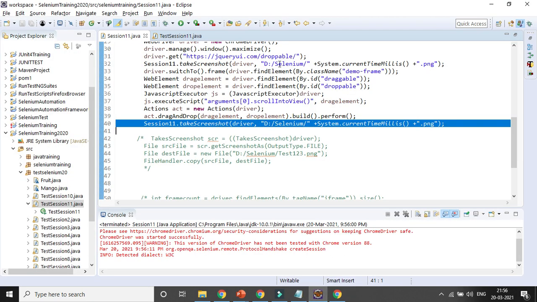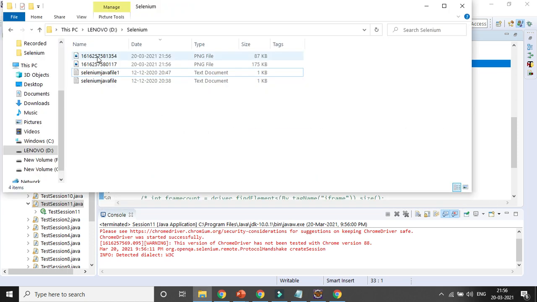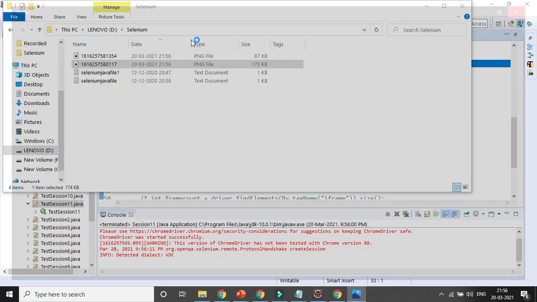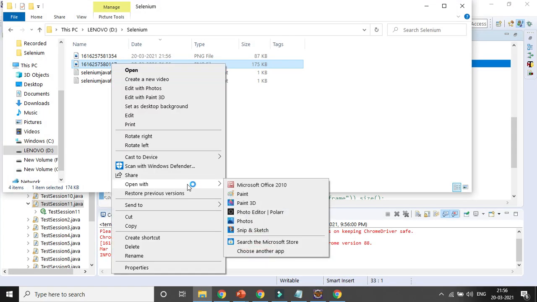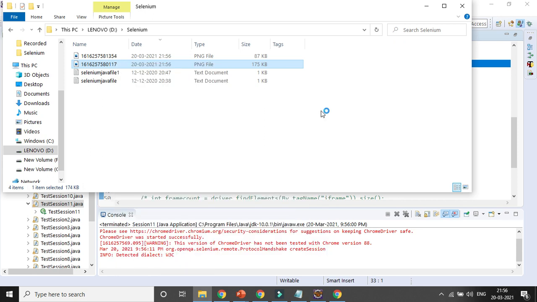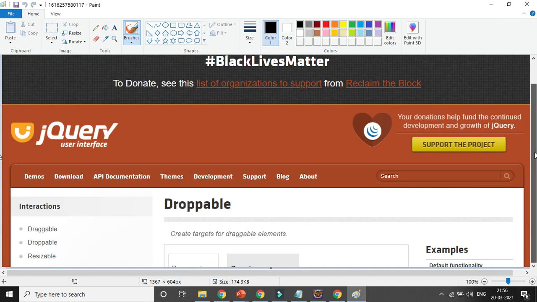So let's go to the D drive, and you can see two screenshots are generated, right? And you can see the timestamps. If you open it, okay, it is not opening, so I will open it with Paint instead. So you can see this is the page after opening the page.